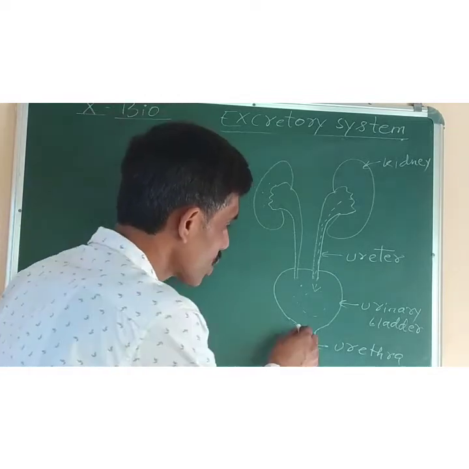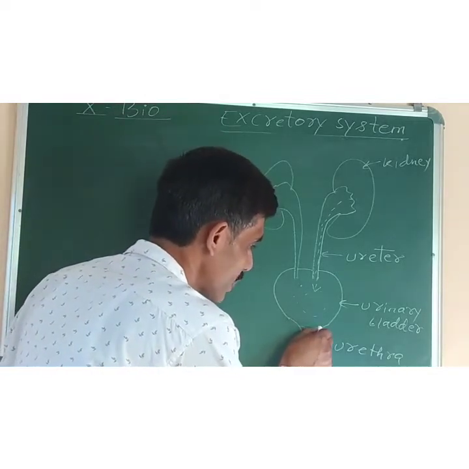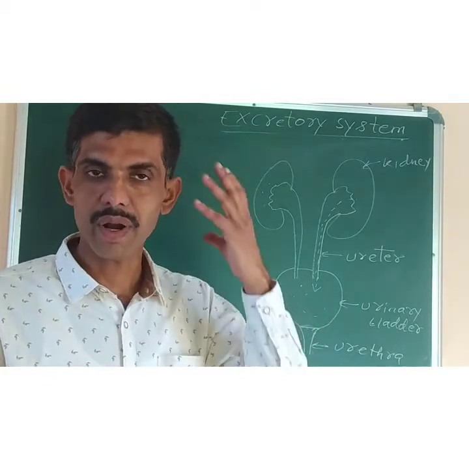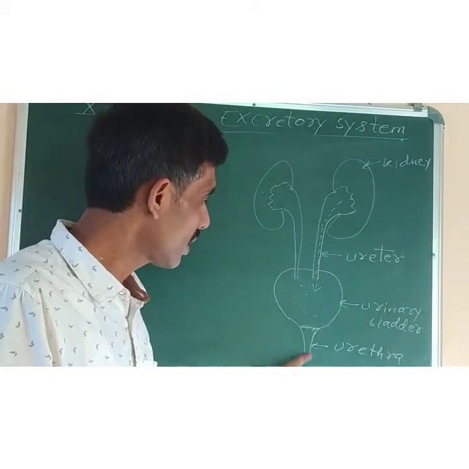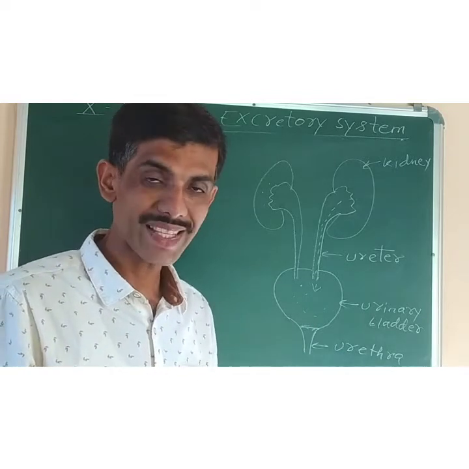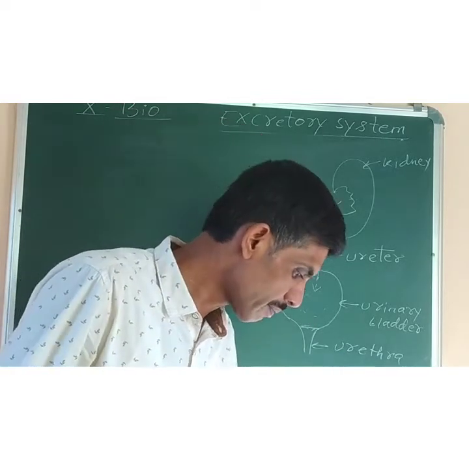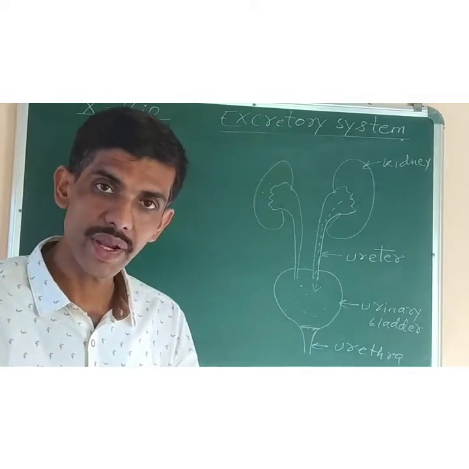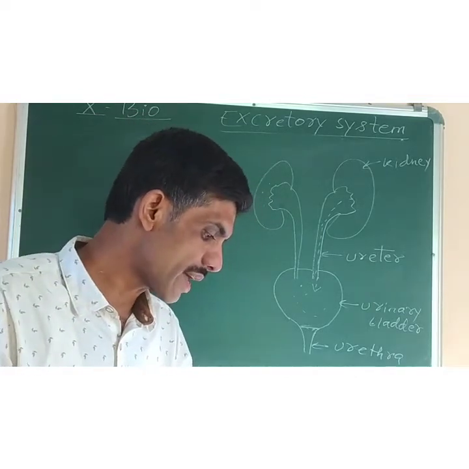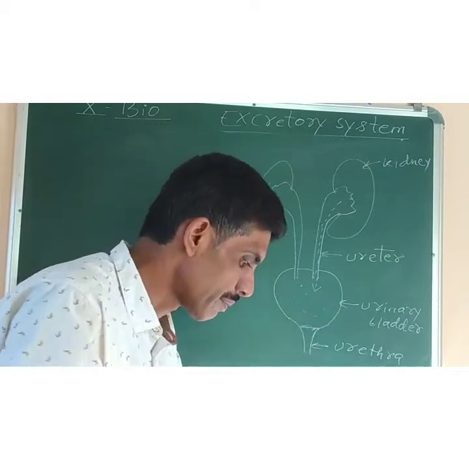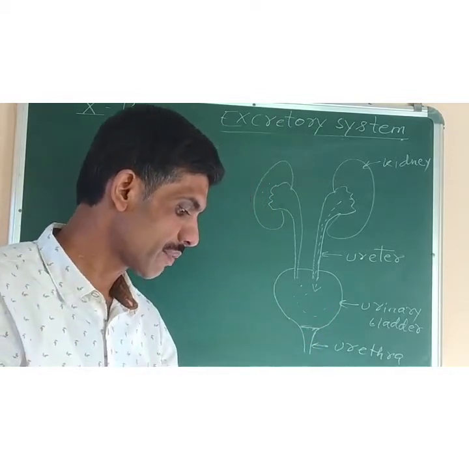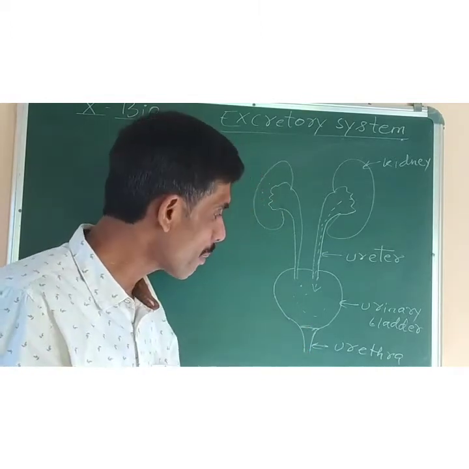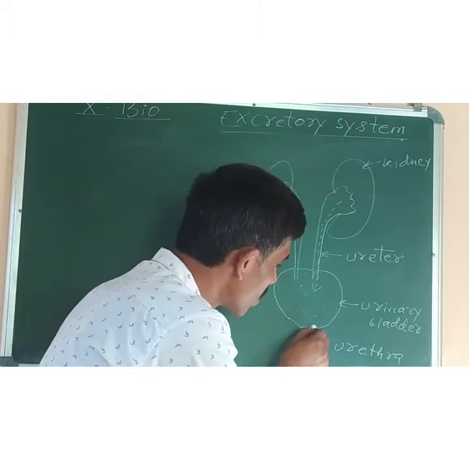And there is the presence of a valve, a sphincter. Sphincter means a muscle is there. When it relaxes under the command of our nervous system, then only the discharge of urine will occur. Otherwise, it will remain closed. So it is written there in your book also. The urine trickles down the ureter into the bladder, which expands like a balloon and collects inside it. The top of urethra is surrounded by a ring of muscle. This ring of muscle is known as sphincter.